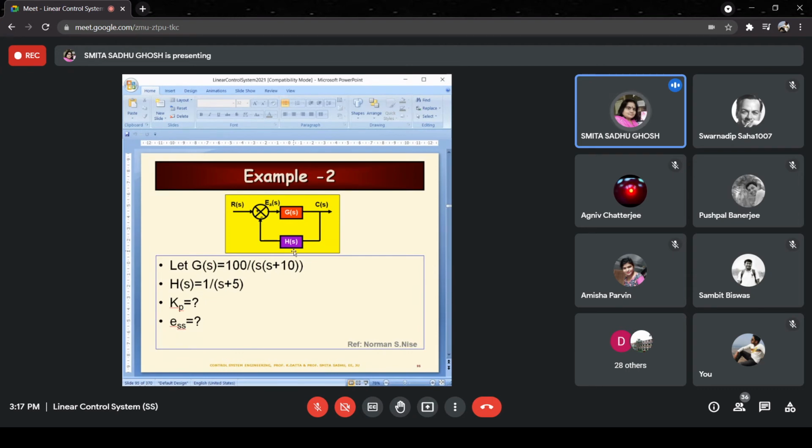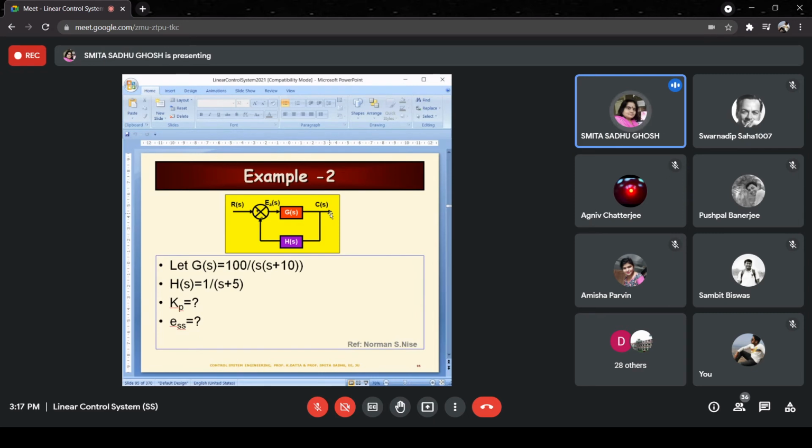Why different? Because here there is this feedback path transfer function H(s), which means that the signal over here and the signal over there do not have matching units, unless, of course, H(s) is equal to 1, in which case there is no conversion factor. So directly C(s) will be subtracted from R(s), which means that for a unity feedback system, R(s) and C(s) will have the same unit. As a result, the concept of steady state errors and error constants is much more meaningful. On the other hand, for non-unity feedback systems, though the same concept can be applied theoretically at least,